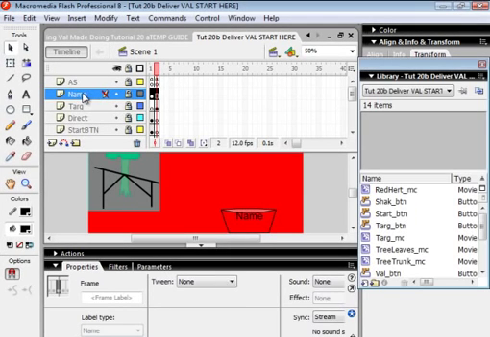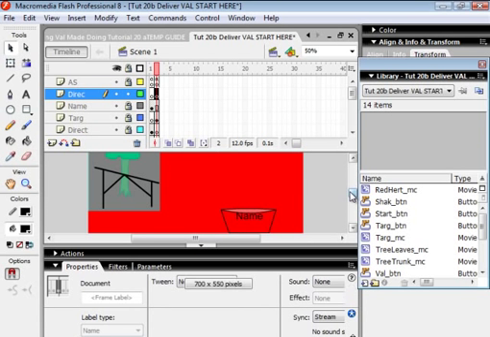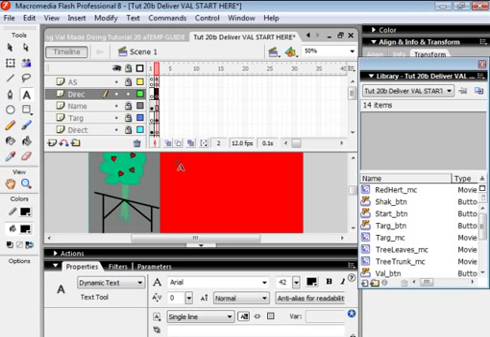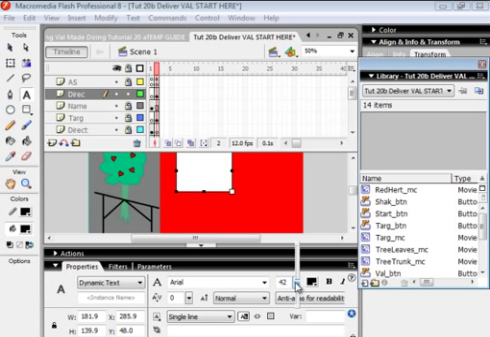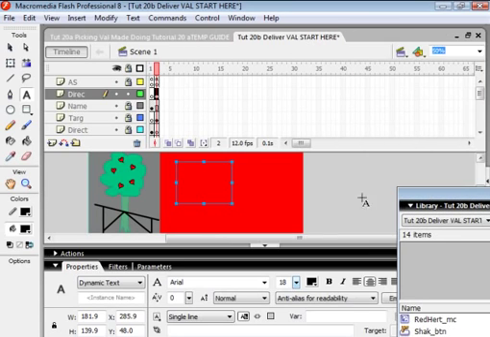Click on the names layer, add a layer, and call it directions, DIREC as for directions. Click on frame 2, insert a keyframe, and pick up your text tool, make a good size box, keep the font down around 20, I got around 18 there, and make sure it's dynamic text. I'm moving this out of the way for a minute, and make sure that you're on this center